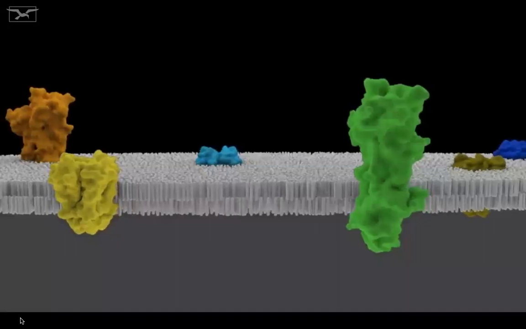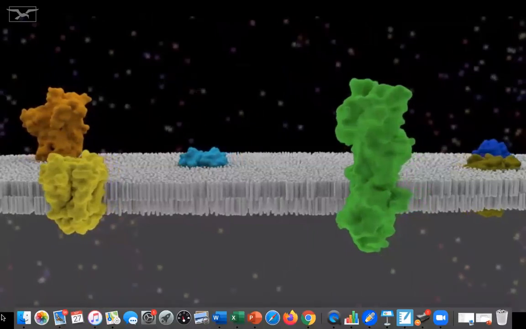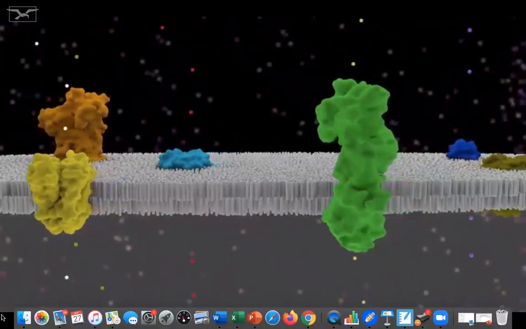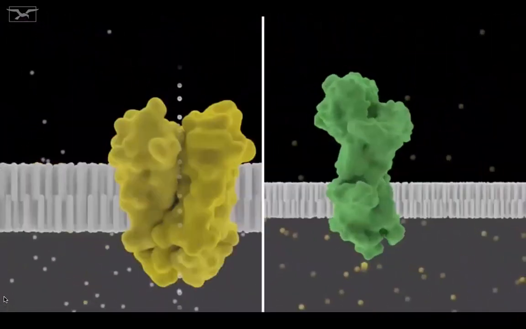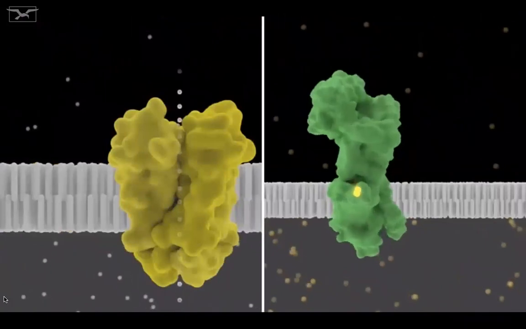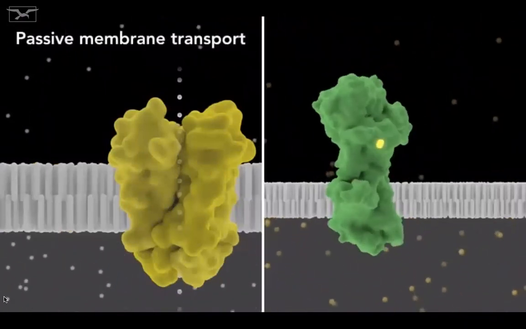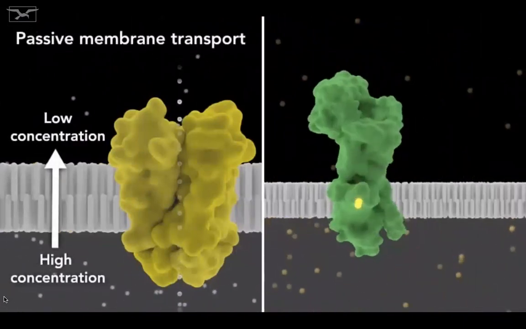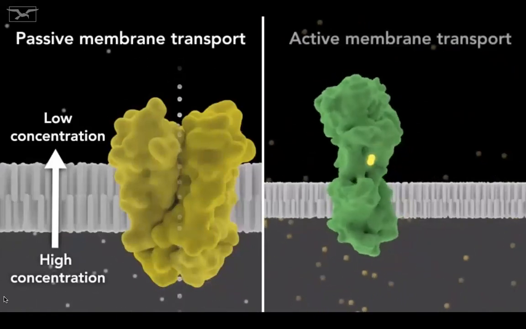Cellular homeostasis relies upon the careful regulation of the movement of molecules and ions across cellular membranes. For polar substrates, membrane translocation is carried out by membrane transport proteins. There are two main classes of membrane transport proteins: passive membrane transport proteins, which facilitate movement of material across the membrane in the same direction as the concentration gradient and do not require an external energy source; and active membrane